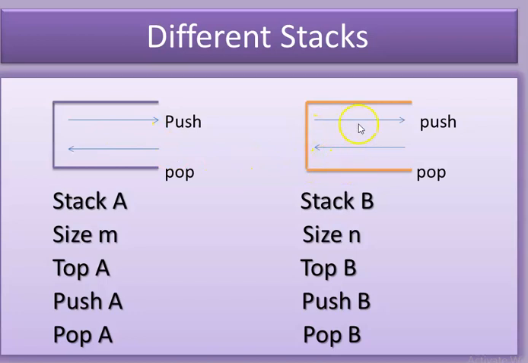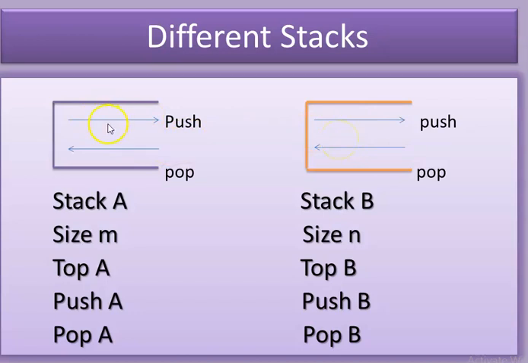And suppose we are storing 7 elements in this stack, and the size of this stack is 6. After storing the 6th element from 0 to 5, when we try to push in the 7th element, this will show a stack overflow situation, is it not? So if we put these two stacks together, how many spaces can we have altogether? Size of this is 5 and size of this is 6, so we can have 11 spaces when we combine these two stacks.